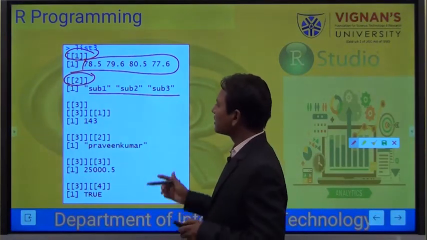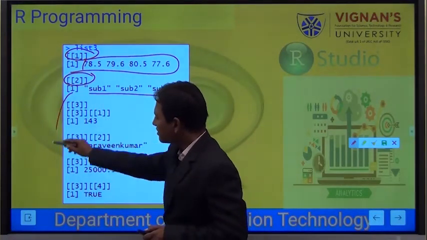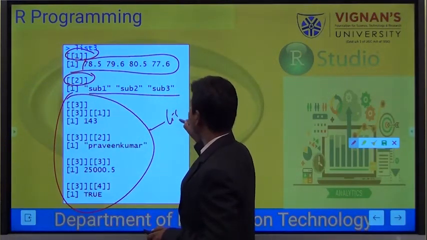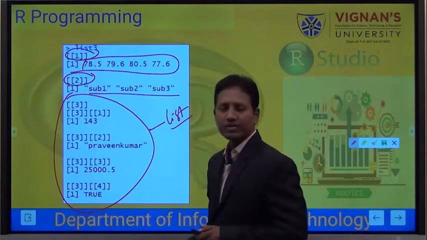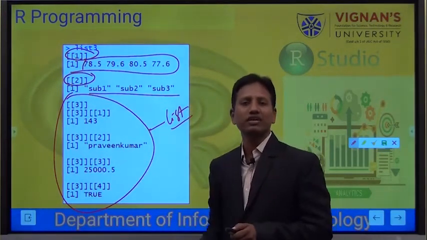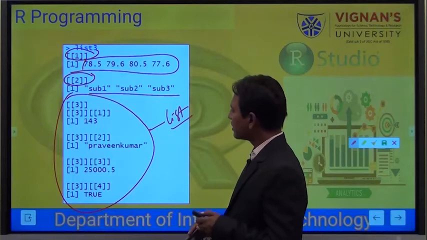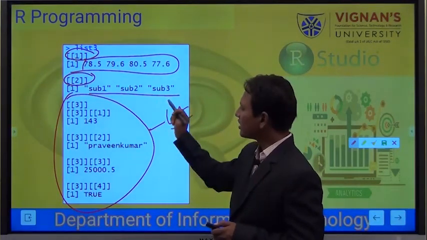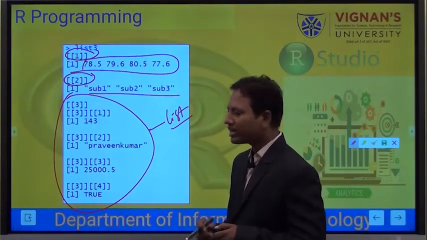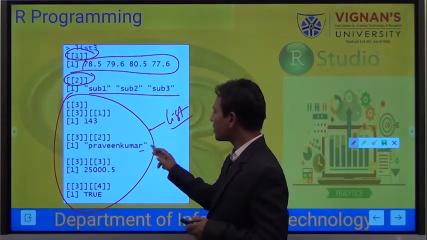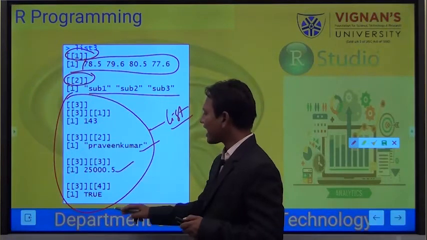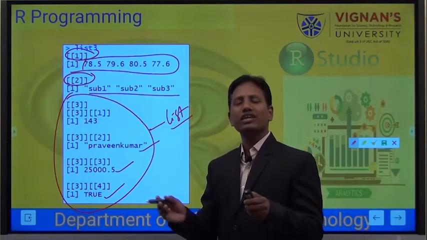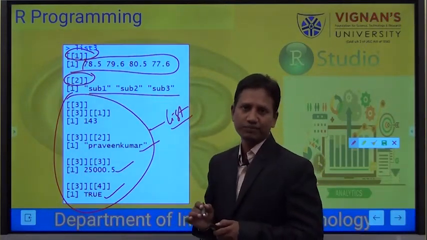And the third one was a list itself. That list already comprises items. How many items? 4 items. One was 143, the employee ID, another one is the name of the employee, the salary and his marital status. These were the nested list items.